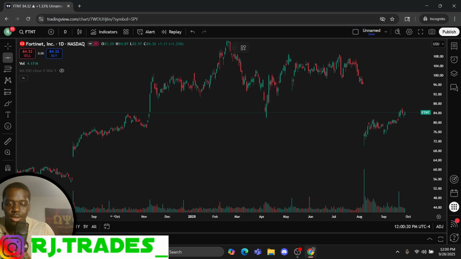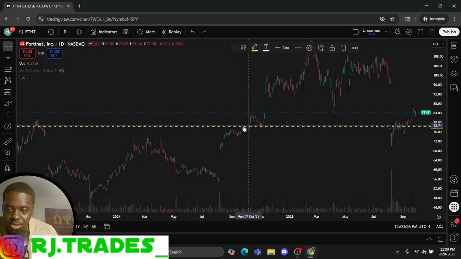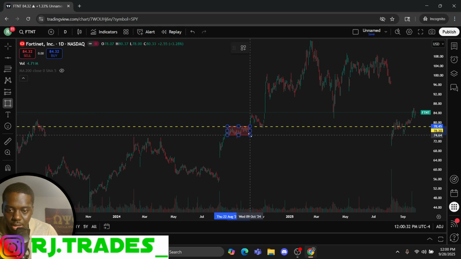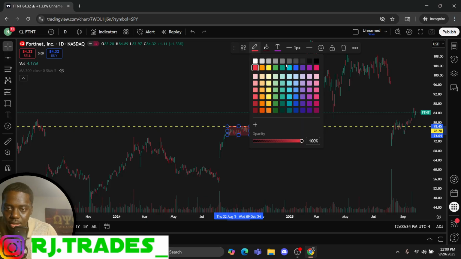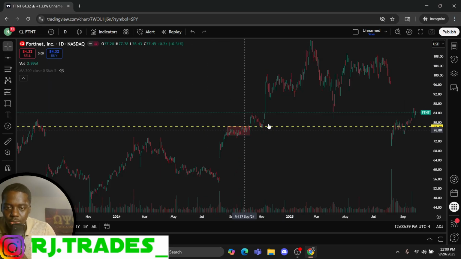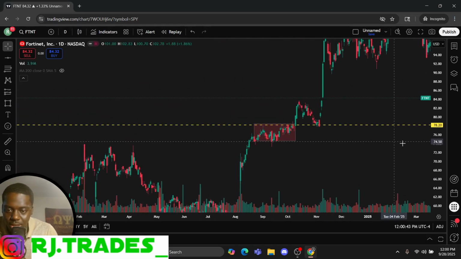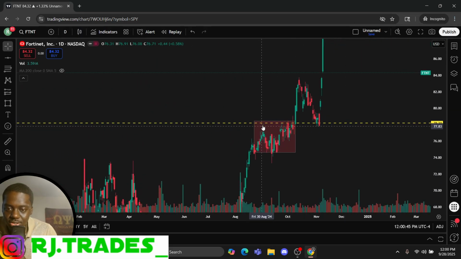If you look back right here, right around in this area, I'm going to highlight it for you. In this area right here, notice that 78.2 was a resistance, okay? Notice that we kept coming up here and touching and coming back down.